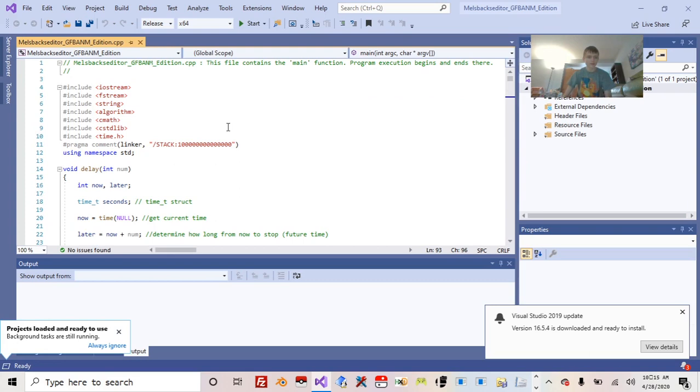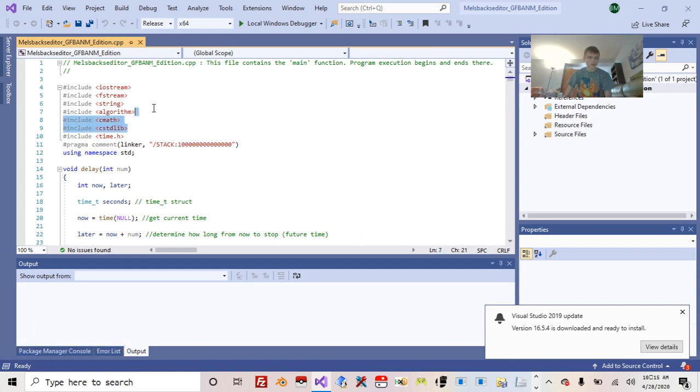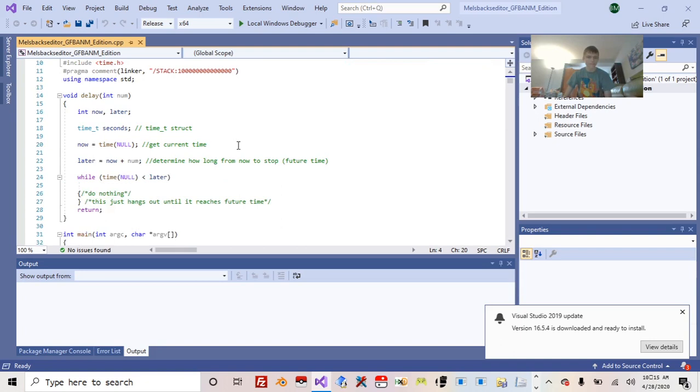Let's go up to the top of the program. Most of these headers aren't even used at all in the program, by the way. So let's see, which ones are used? I don't think these three are used, but time.h is used, string is used, fstream is used, and iostream is used. Those are headers that are actually used, though.